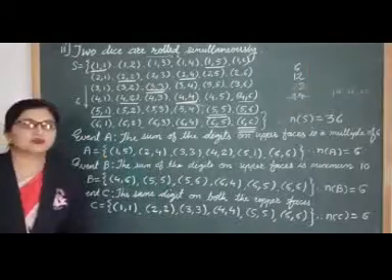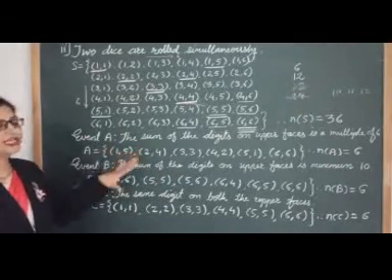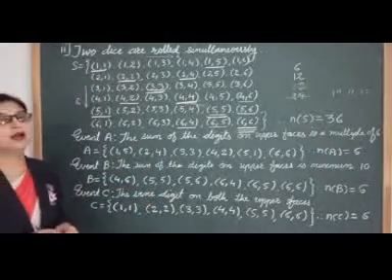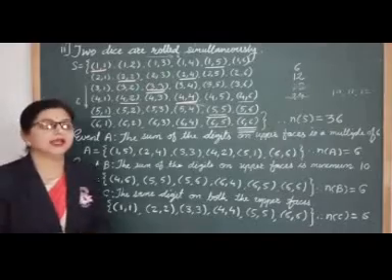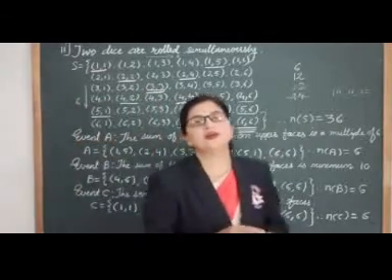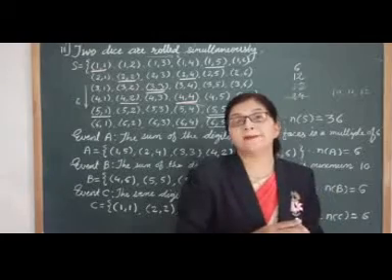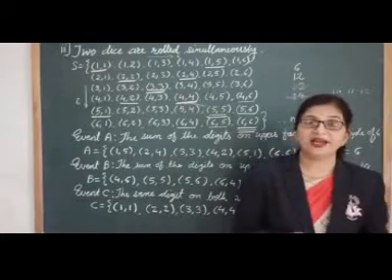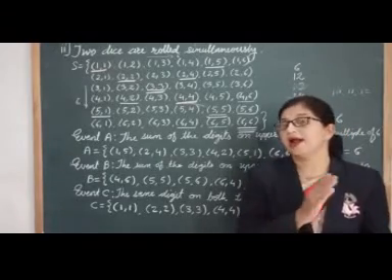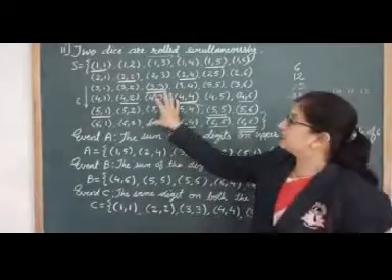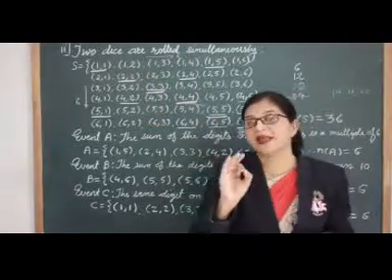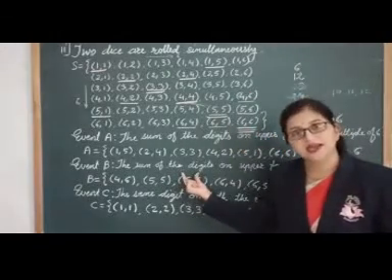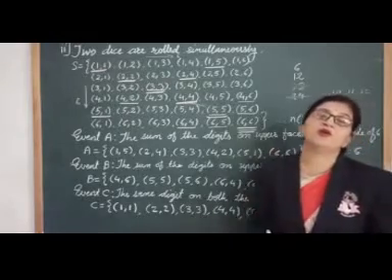Okay. So in this way we have written the points for these different events when the two dice are rolled simultaneously. Okay. So dear students, in this video we learned what is meant by probability, then what is meant by sample space, event, outcome, and how to write the sample space for the given random experiment, and how to write the points for the given event. Okay, in the coming video we'll learn